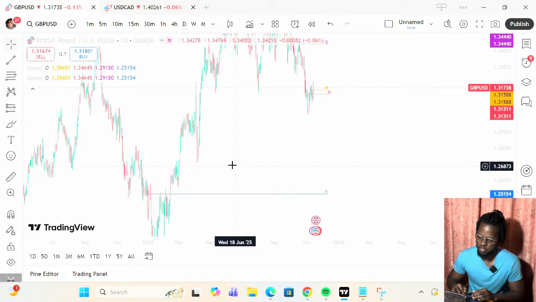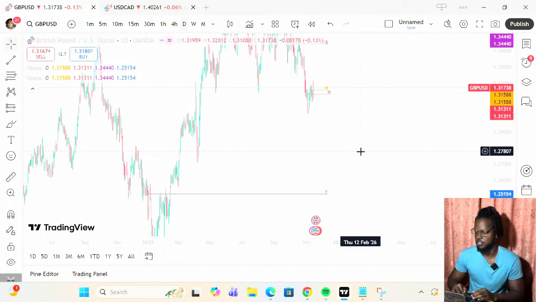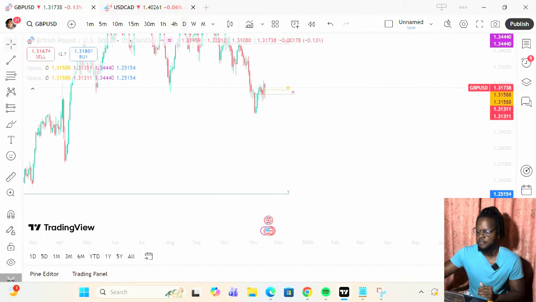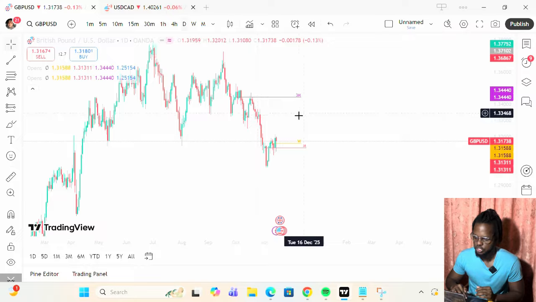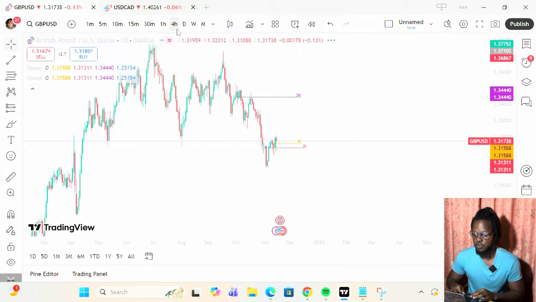So most people will probably look for this low or for this yearly open, which will obviously take a long time, and the pound has to be really weak for a long time to get there. But it does look good to just continue shorting. I thought we were going to have some range play here. So once we took out these two lows, I thought we were just going to start shooting up again, but we've just broken below that, and I feel like we're creating another supply zone here for continuation to the downside. So yeah, I'll be looking for shorts.